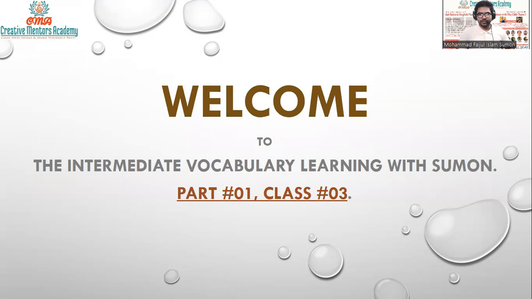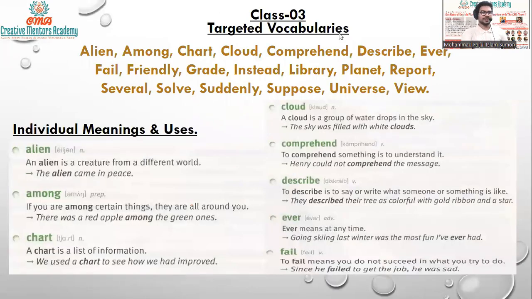Okay, so we are back once again, and you can see here, this is part one and class number 3. Its title is the Intermediate Vocabulary Learning with Shimon. So let's start, everyone. Yes, this is our class today, and our targeted vocabularies are number 1 alien, right? Alien, not alien, alien. Alien, among, chart, cloud, comprehend, describe,